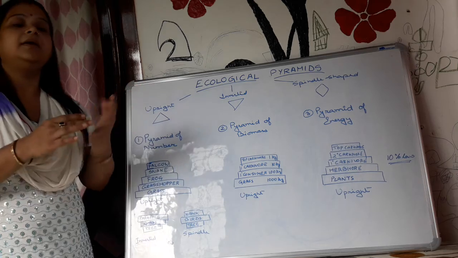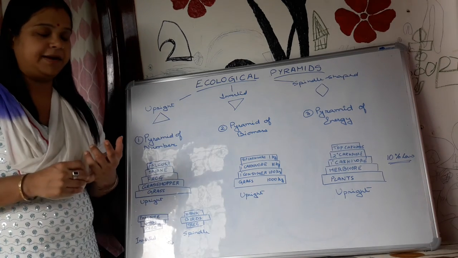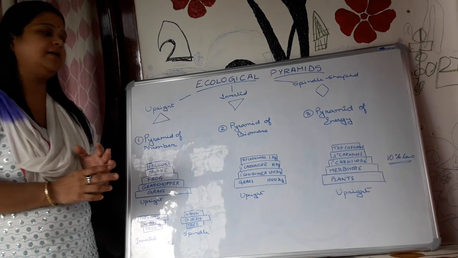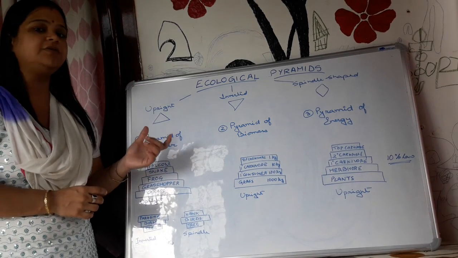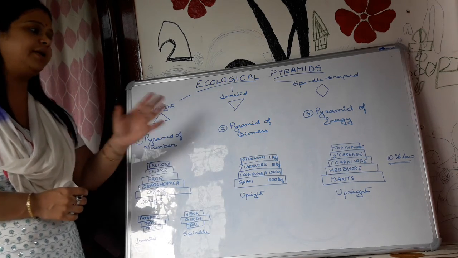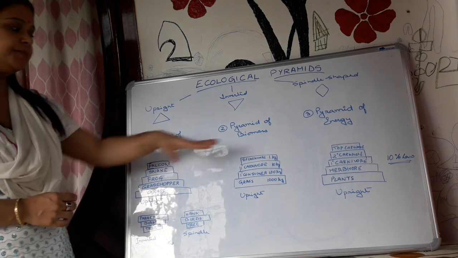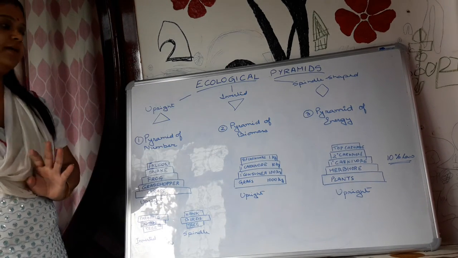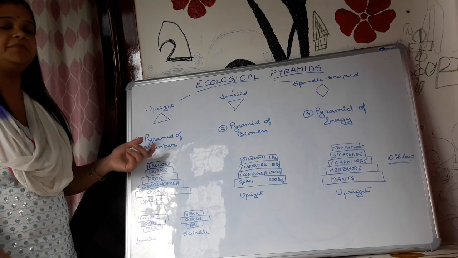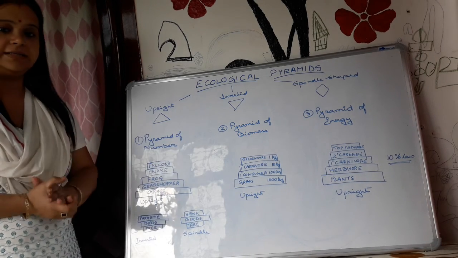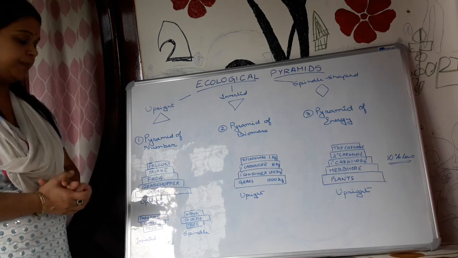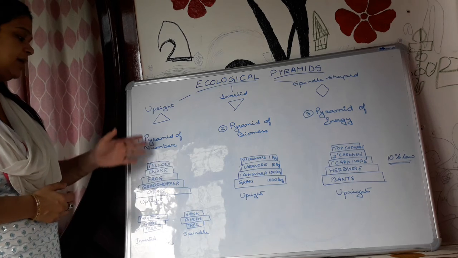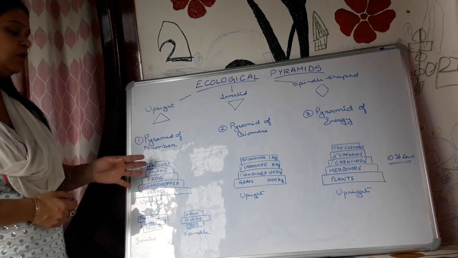Okay. Now, there are different ecological parameters, and based on these parameters, ecological pyramids are divided into three types. Here we will study three different types of ecological pyramids. One is the pyramid of number, the other is the pyramid of biomass, and the third is the pyramid of energy. Now, pyramid of number means the number of organisms present in a particular area. So what type of organisms are present and how many, accordingly we can construct a pyramid. That is called the pyramid of number.